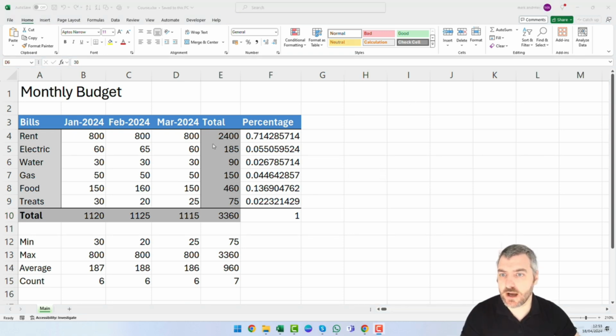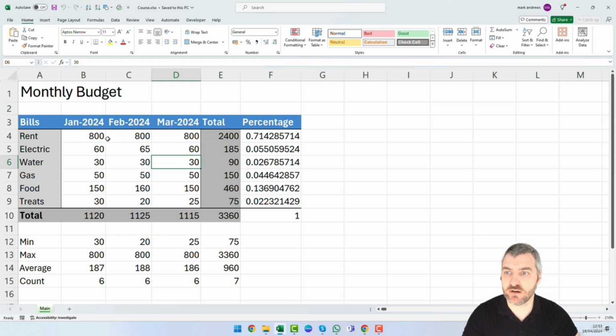So now we're going to look at how we can make this into what we want in terms of currency and show the end user what they want to be looking at. And it just makes it a little bit quicker and easier. Rather than 800, you might be looking at $800 or £800 in whatever currency you're working with. So it's really quick and easy. And what we can do is select the information that we want here. And as for the percentages, we'll just leave them for now. So we can see that all the information here from B4 down to E10